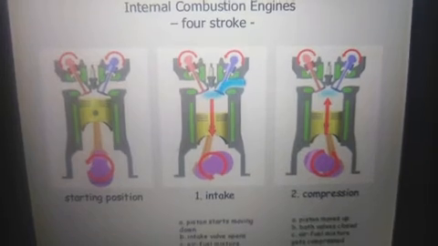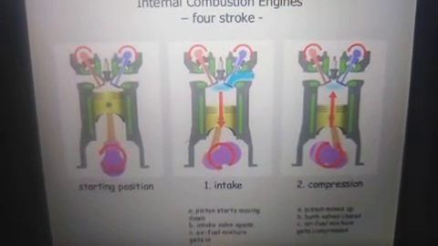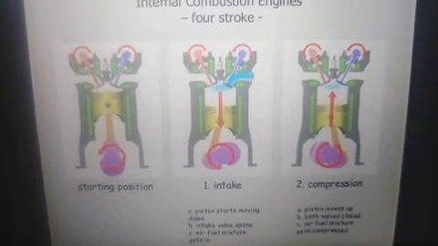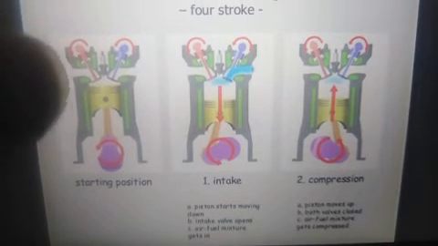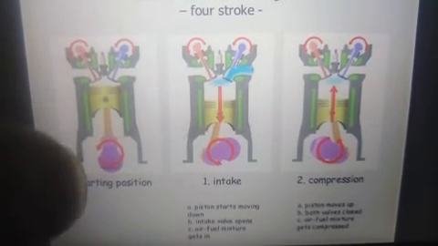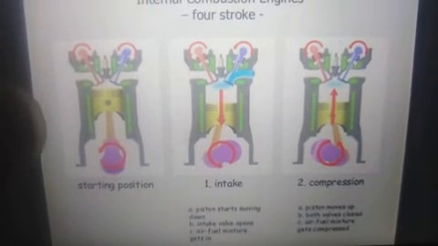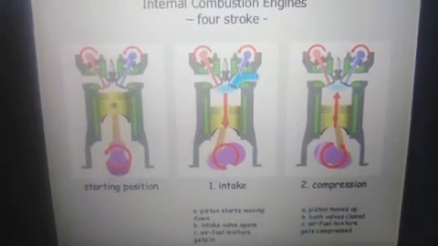Four-stroke engines are nothing but engines in which the four strokes are carried out. Okay, the starting position is the first position of that engine, in which there are two valves, first the inlet valve and the outlet valve, piston, connecting rod, crankcase, these different compartments, and again the spark plug. These are the main components of a four-stroke engine.